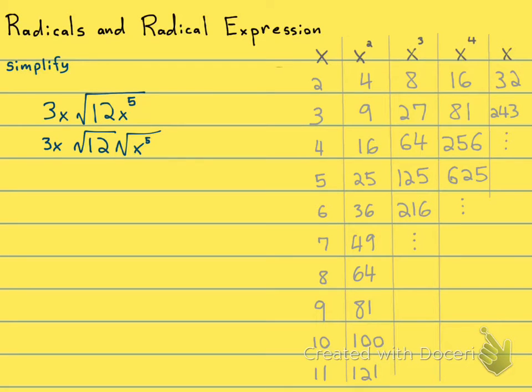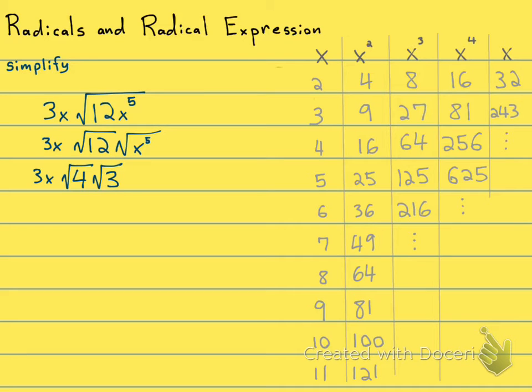between here. So the square root of 12, do I know the square root of 12? Well, I come look at my perfect squares over here. I don't see 12, but do any of my perfect squares go into 12? Why, yes, 4. Okay, 12 is 4 times 3. And I know the square root of 4. So the square root of 12 is going to become the square root of 4 times the square root of